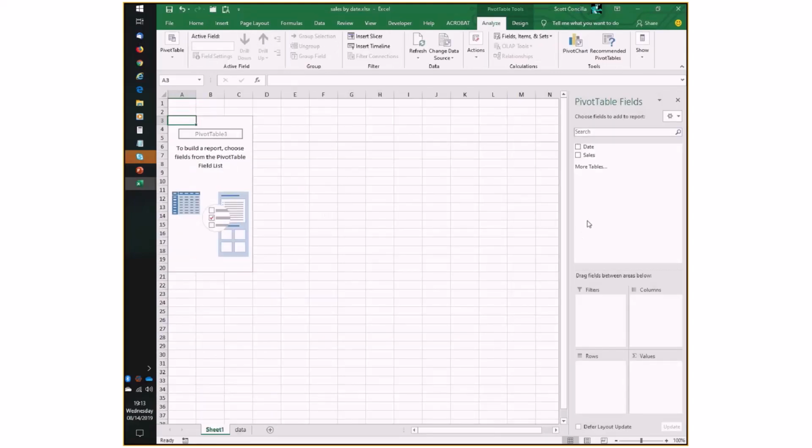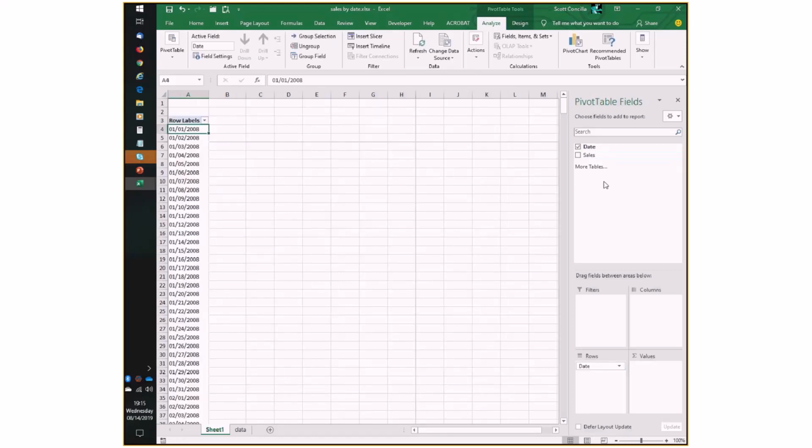All right, and I come over here now. We don't have a lot of fields to deal with, right? But at a minimum, we always need 2 in a pivot table. We always need at least a row or a column, and we need some value to analyze. All right, well, I only got 2 things here. So what do we want to put where? Okay, so now I've dropped date on the rows,